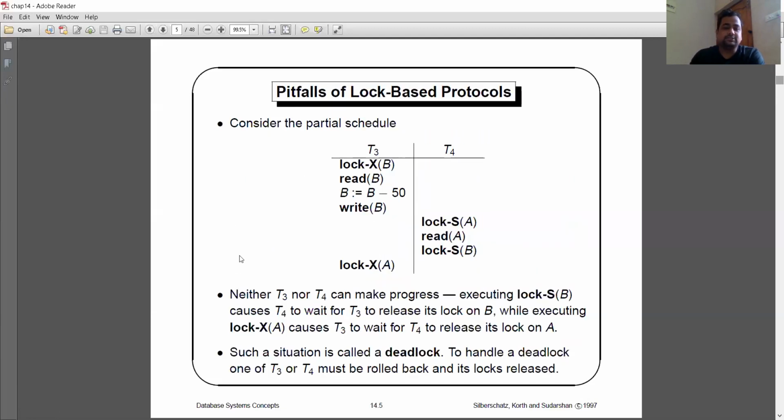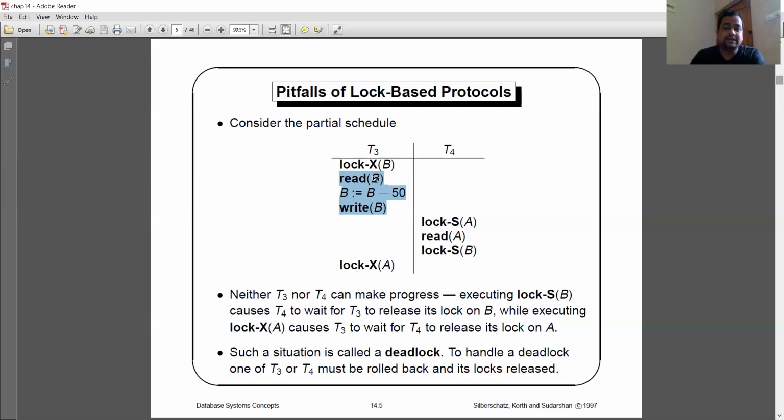Now let us consider this partial schedule. Two transactions will be there, one is T3, another one is T4. I have to put a lock onto the data item B. Let the lock be X of B. So if it indicates X of B, which type of lock does it indicate? It indicates exactly the exclusive lock. That means we can perform the read operation as well as the write operation. You can check over here, there are both read and write operations, but in the previous example, there is no write operation, only read operations. Clear?